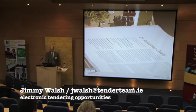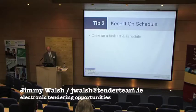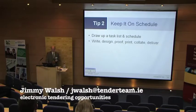And this is an example of a typical tender here. And it's important to keep it on schedule. When you get the tender and decide to go for it, you get a schedule together and chart the different stages in the tender, so you're not left at the end trying to pull it together at the last minute. So you draw up a task list and chart, and allocate work to different people within the team. So the tender has to be written, it has to be approved, designed obviously, collated and delivered. And